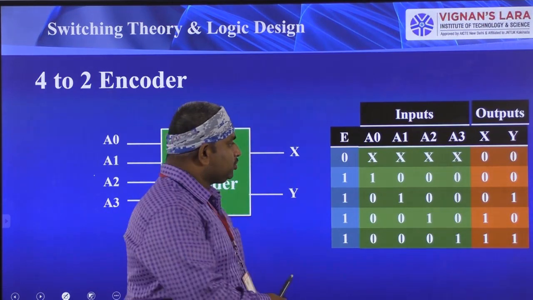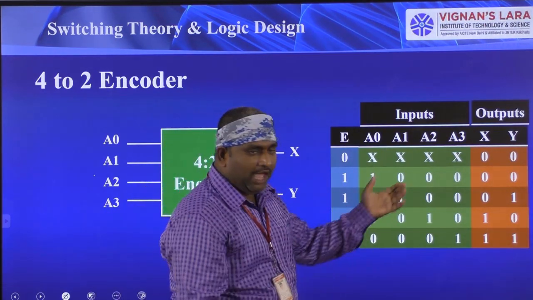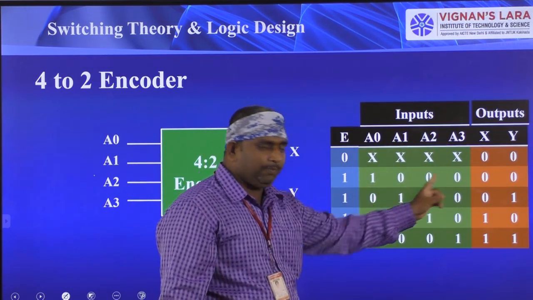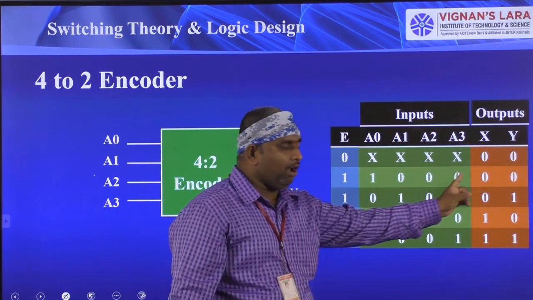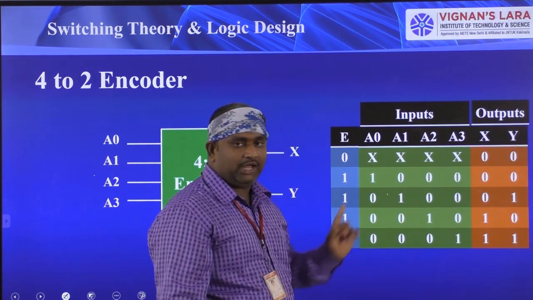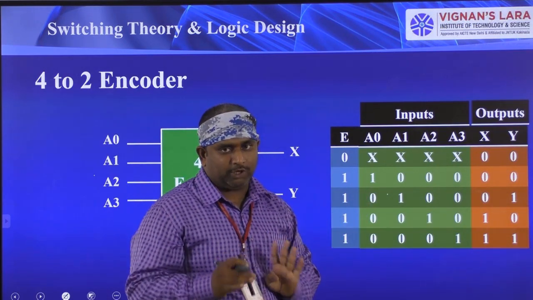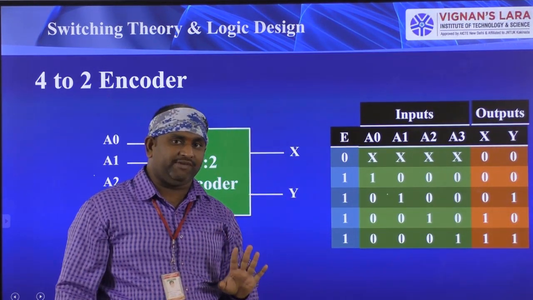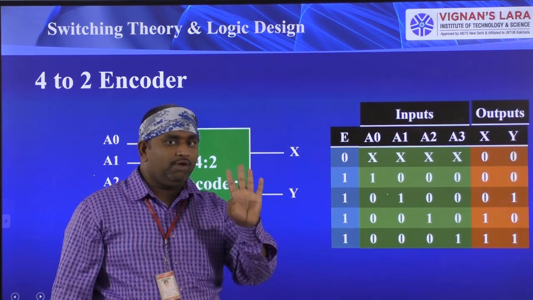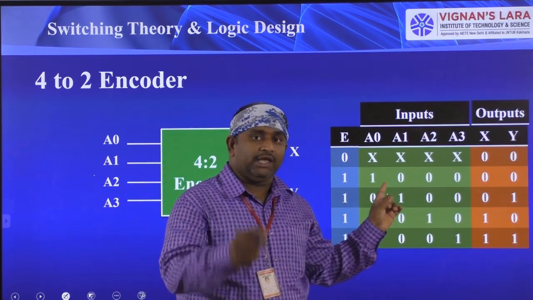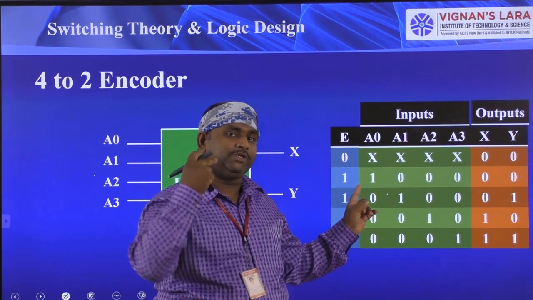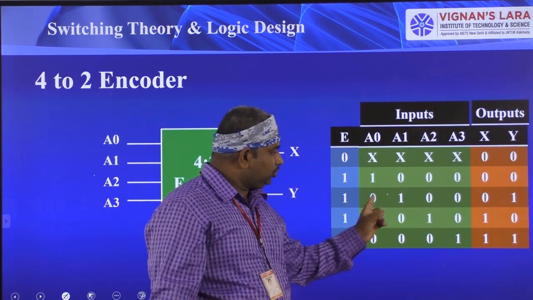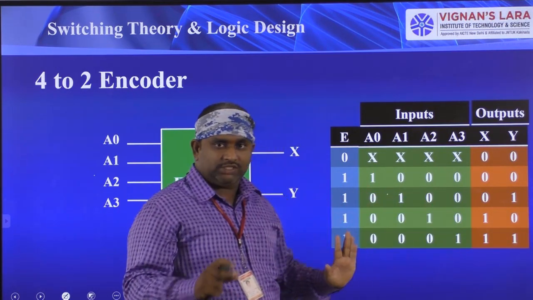Next, coming to the outputs. In this green color table, I have represented the input combinations. Here, 4 inputs are available, and I have kept only one input as 1 and the remaining inputs as 0s. Like that, each combination I have represented. With 4 bits, we have 2 power 4 combinations available, that is, a total of 16 combinations. But my condition is that any one of the bits is active and the remaining bits are 0. With that condition, the maximum possible combinations are these 4: 1 0 0 0, 0 1 0 0, 0 0 1 0, 0 0 0 1. So these are the possible combinations.